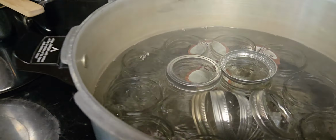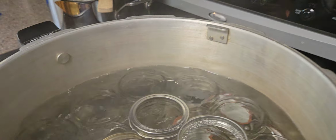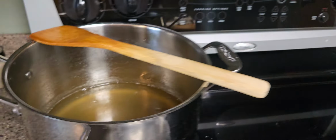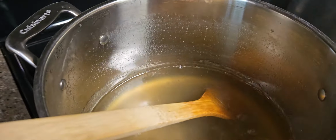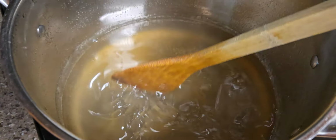Hi. So I've made videos like this before. This is not the first time, but maybe the first time somebody sees this. I'm making honeysuckle jelly. So what I've done is, of course, I pick the honeysuckle flowers,